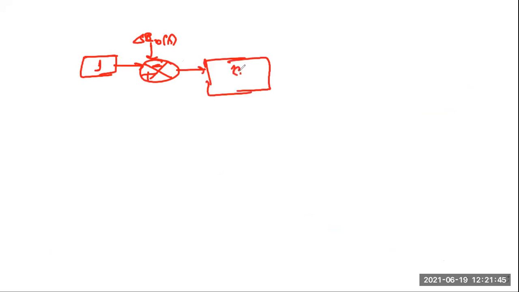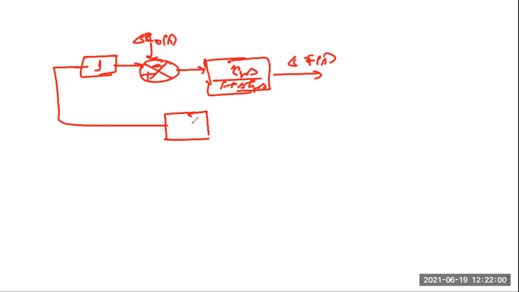This comparator has no value. So we'll have this is a 1. Then we have a comparator. This is plus, this is minus, this is delta PDS, and this is your KPS by 1 plus STPS. This is your delta FS. And then previously we have this minus, so minus we are absorbing here. This minus is your minus 1 by R. So now this is your input and this is your output.